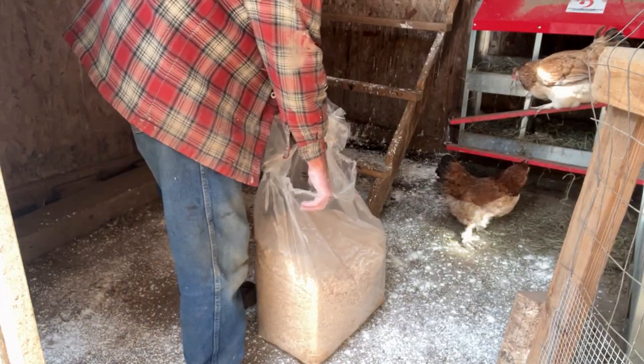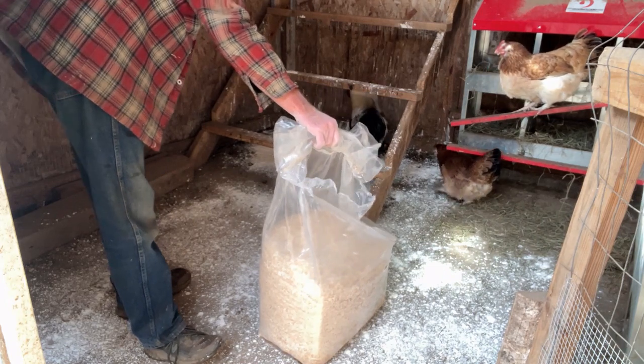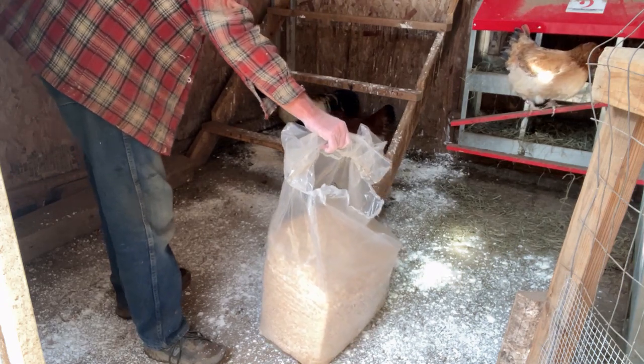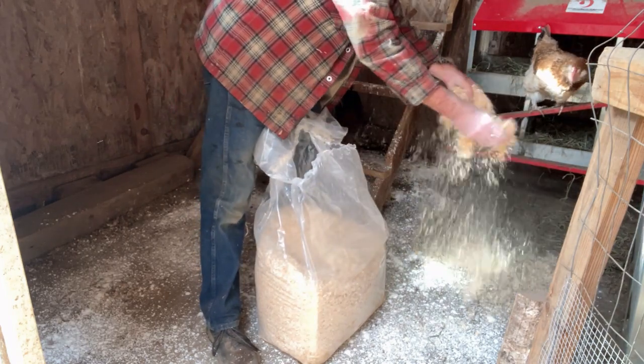Now I'm just going to put down some wood shavings that's been sterilized. It says it's kiln dried, heat treated, and screened. So let's go ahead and get this sprinkled down on the ground for their